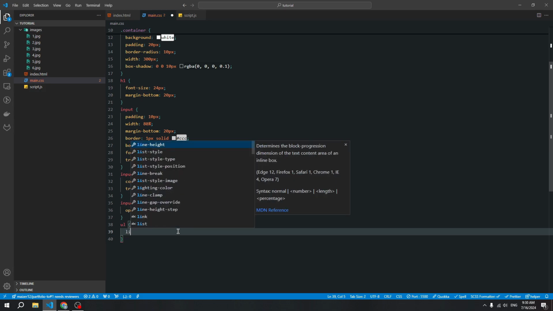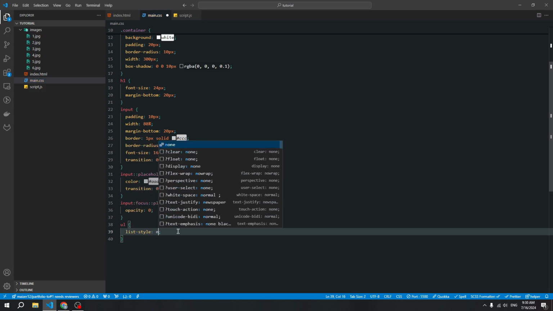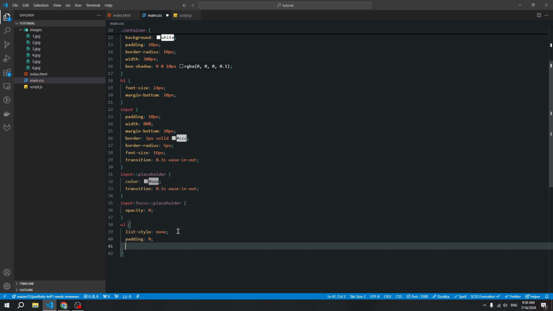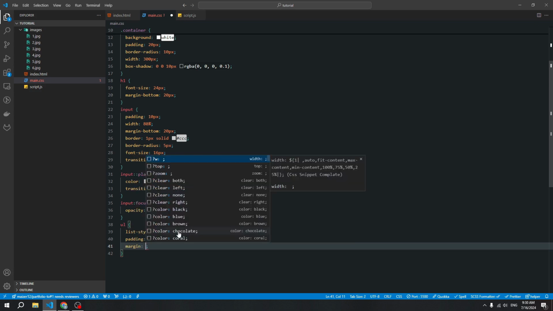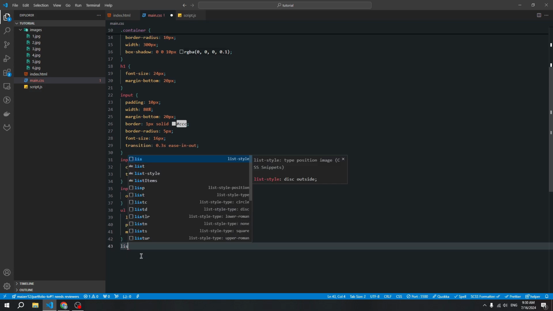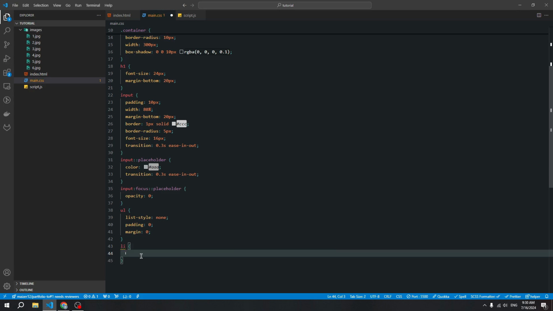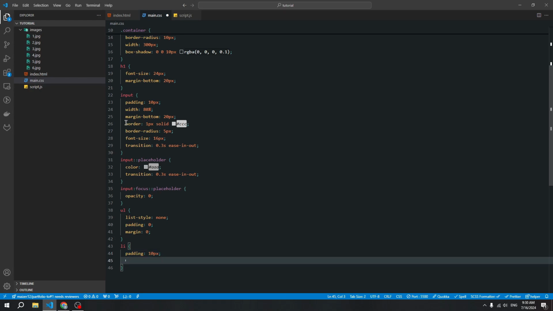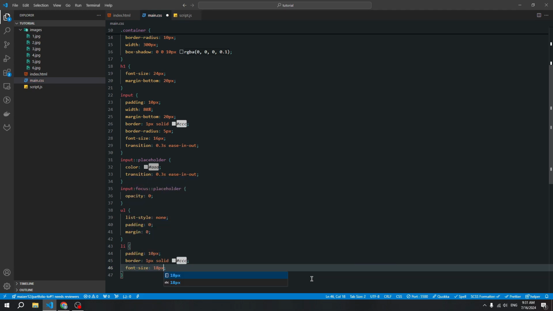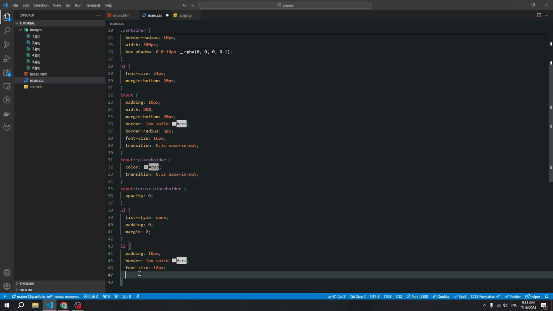And first delete list style and delete padding and margin. Okay, and now we can start styling our items. Create some padding and border, we can double. Also create font size and also we can double our transition